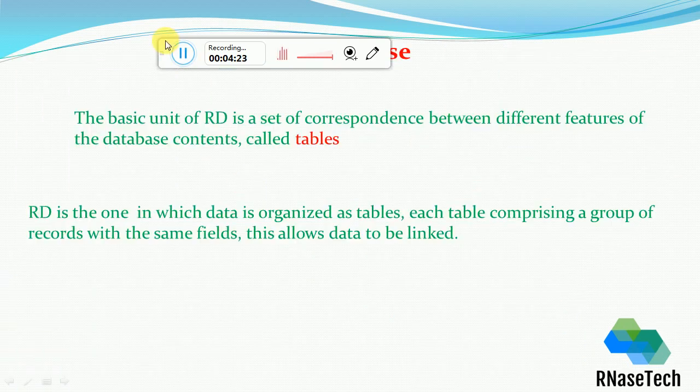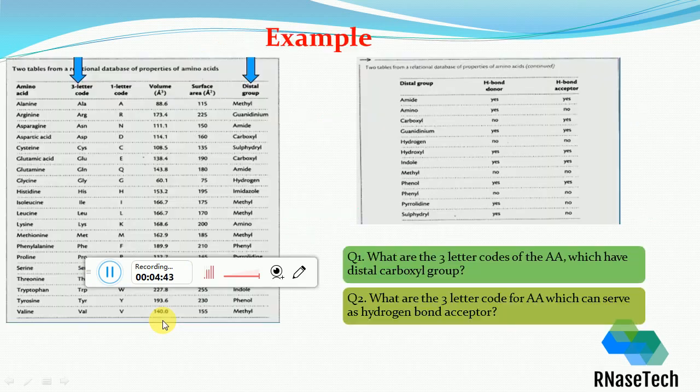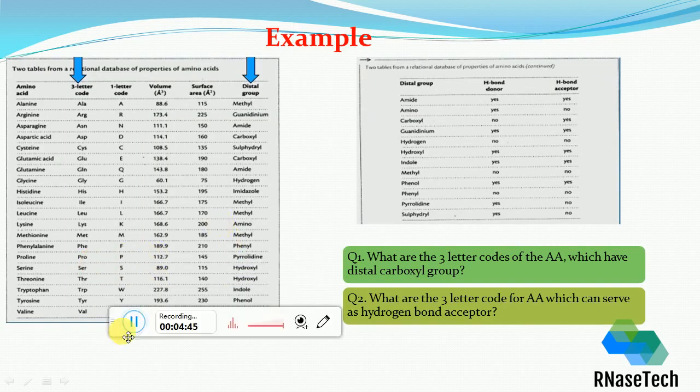Next is relational database. So what is a relational database? Suppose there is a condition where two separate data are maintained in a database in separate tables, and a user asks for a combination of data which is present in 2 different tables. We can understand this with the help of a figure.